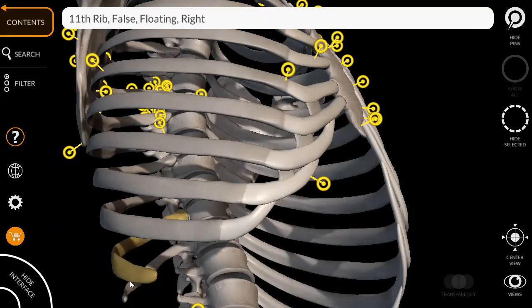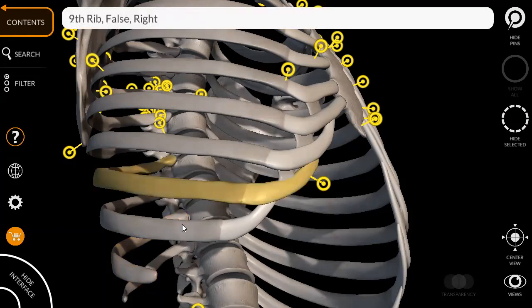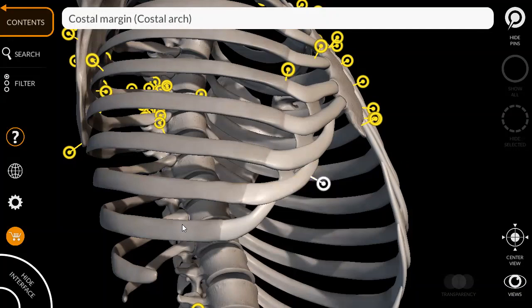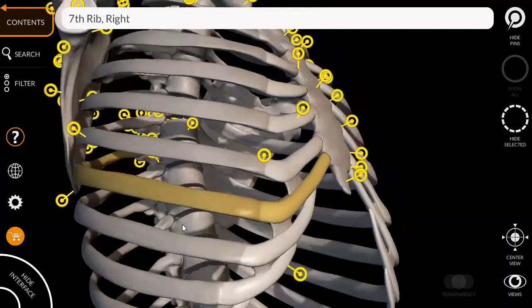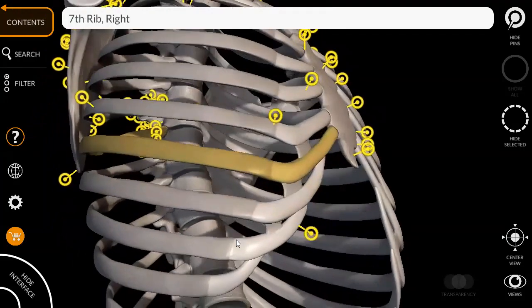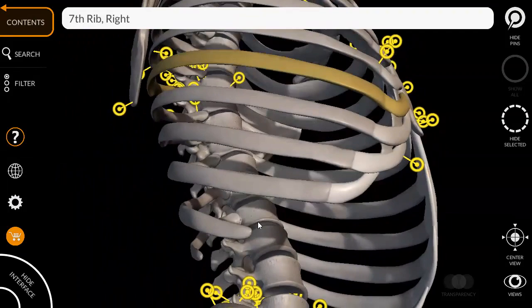But the ones that are not floating have a connection in some way with the cartilage, which is called the costal margin. And the seventh and eighth, these are all connected. Okay, so in the ones that are not floating,